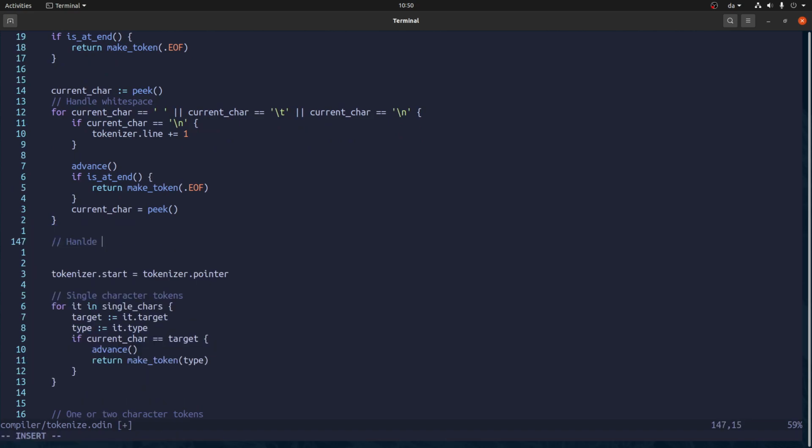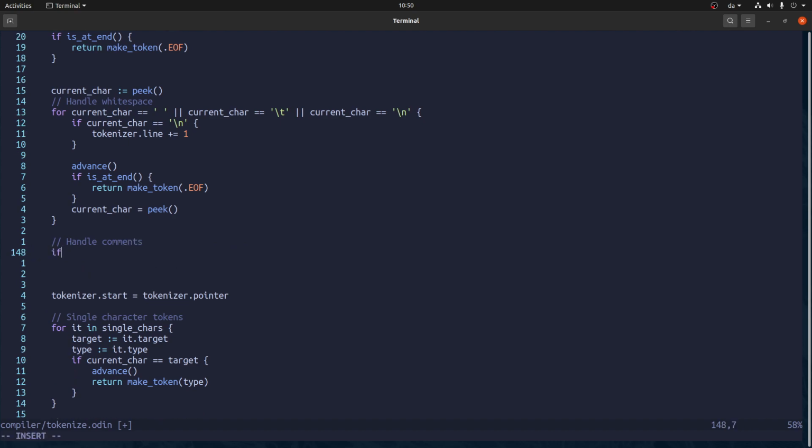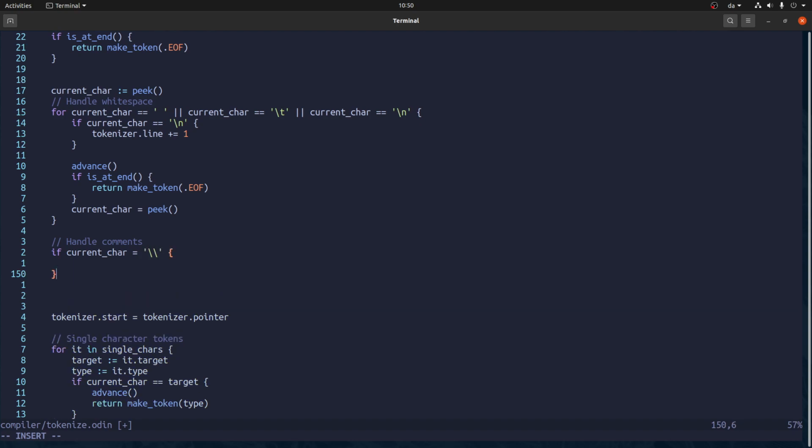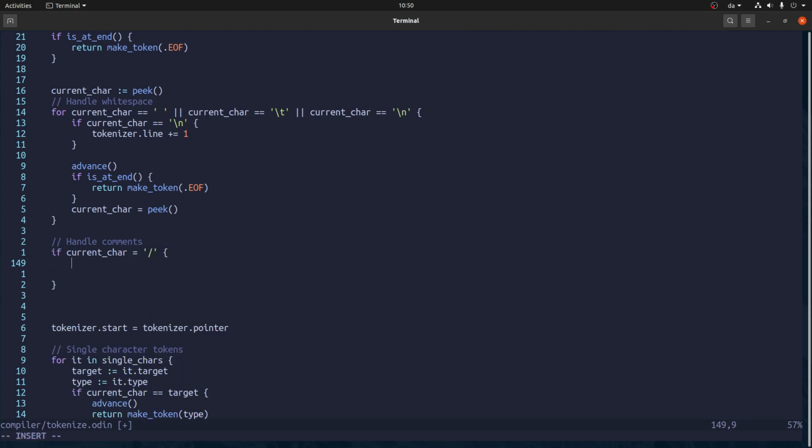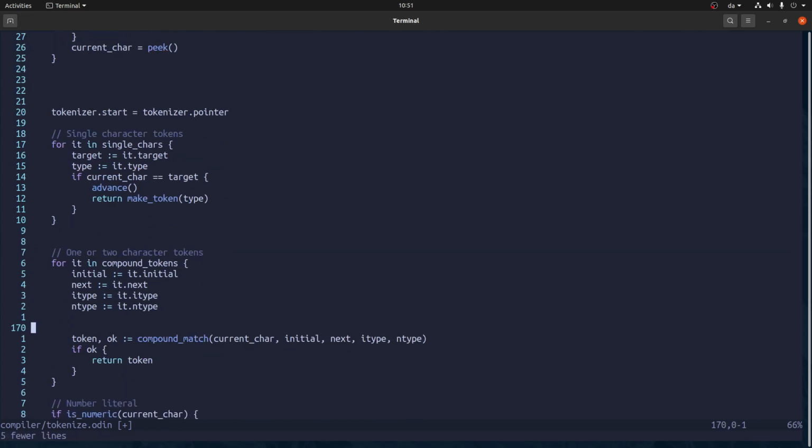So let's make some handling for comments now. So if the current character is not a backslash, but a forward slash, then we should advance. This comment handling should be below.